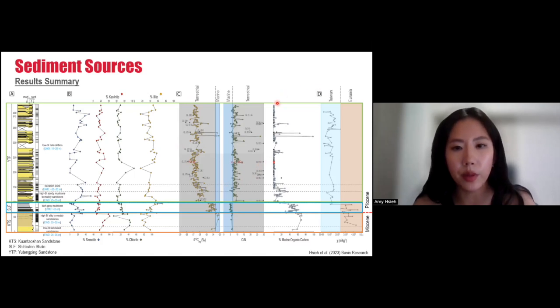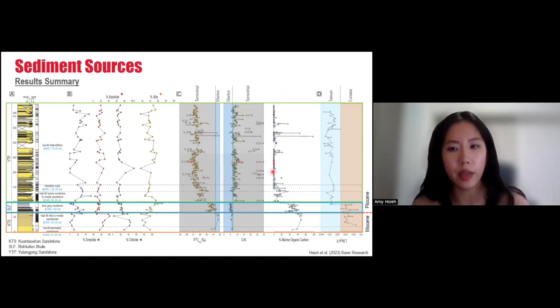And we also used a simple isotope mixing equation to semi-quantify the amount of organic material in the sediment and how much of it came from marine sources versus terrestrial sources. And the results confirmed that the Guandaoshan sandstone had the highest percentage of marine organic matter, which decreases dramatically through the Silofin Shale and then essentially drops to zero in the Yutongping sandstone, with the exception of a few outliers. And the magnetic susceptibility decreased drastically as well due to dilution by an influx of non-magnetic sediment from Taiwan.